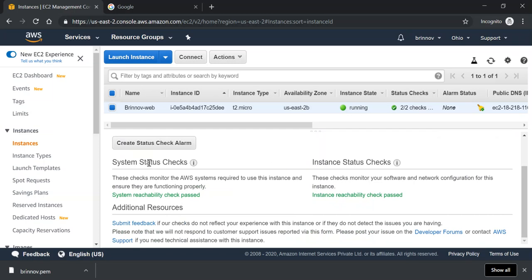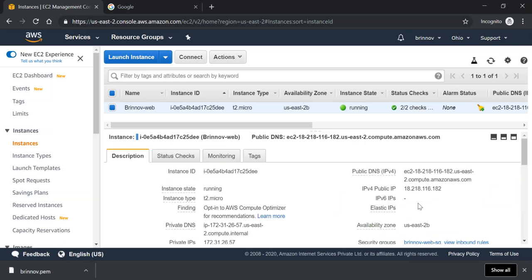System status check is nothing but check for the hardware, and instance status check is a quality check for the network and OS level services. So if these two checks are passed, then only you are able to access any EC2 instance. Now I am able to access this EC2 instance.